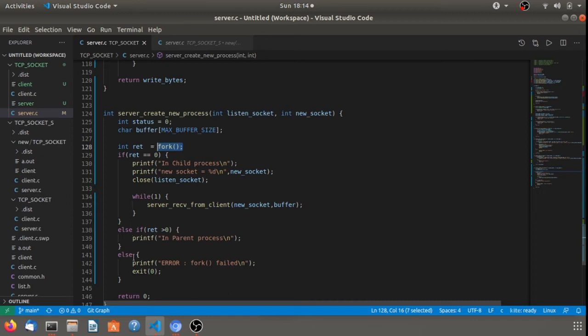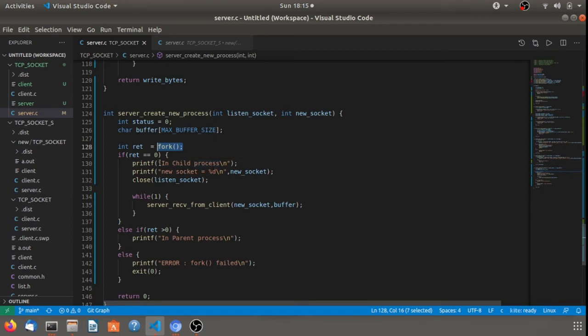And if it returns else, then we have some problem in the fork. This way we have implemented the fork. If you don't know about fork, you have to check the link given in the description about the fork system call.